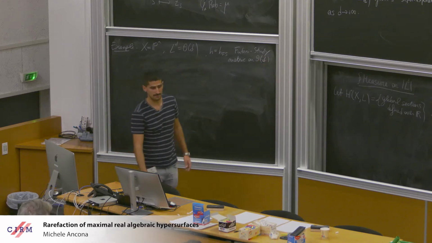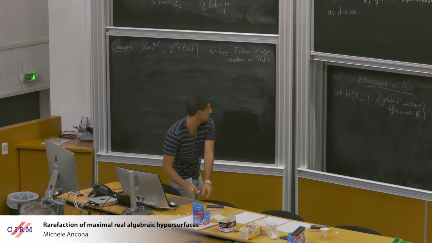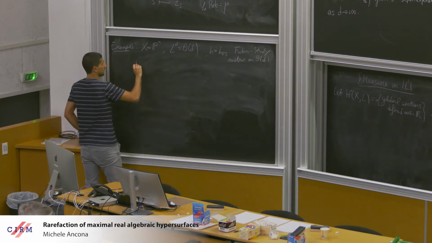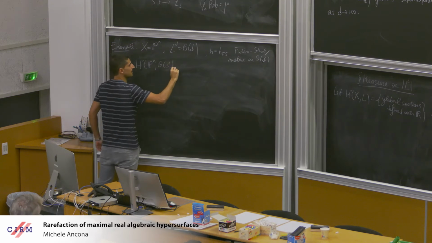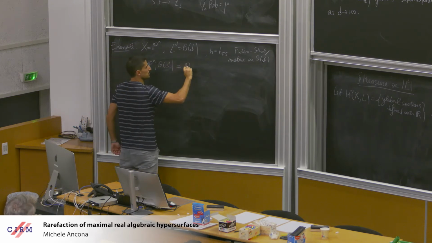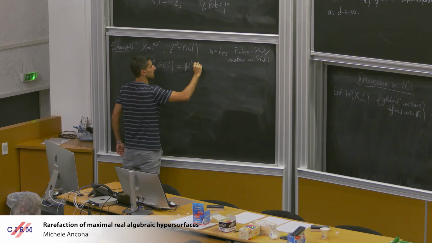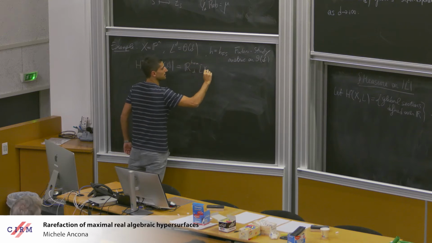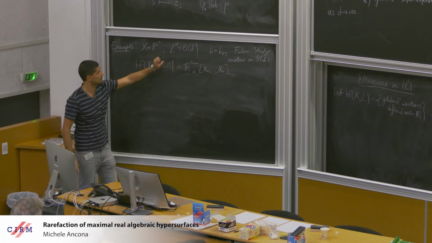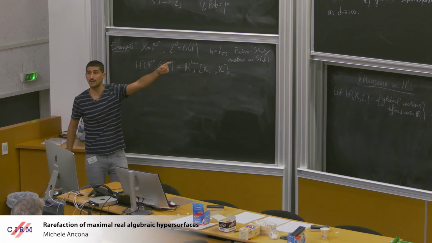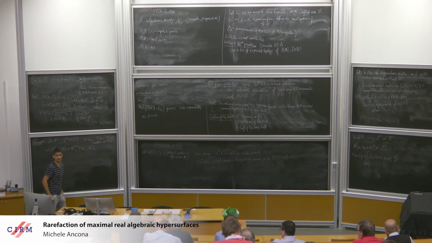So in this case, everything is very explicit. Of course, the space of global sections can be identified with the space of homogeneous polynomials of degree d, and the L2 scalar product induced by the Fubini-Study metric